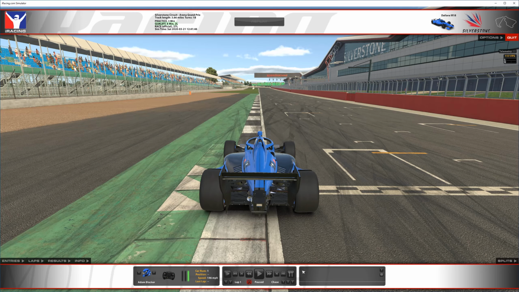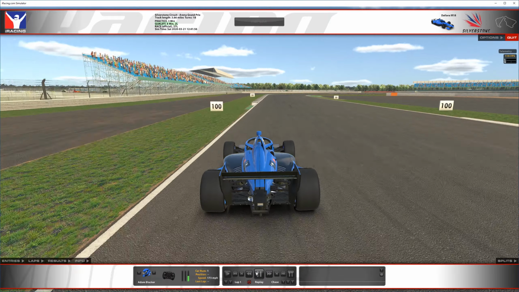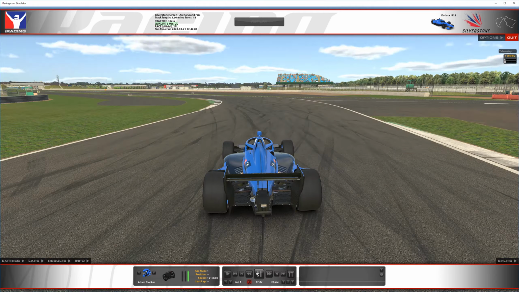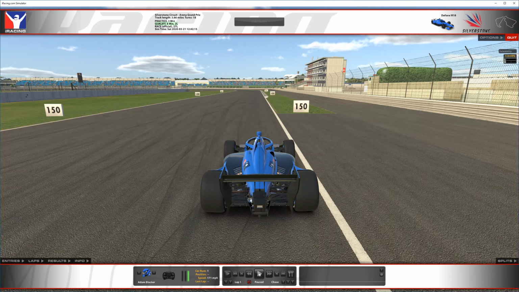So, in my opinion, the first step of feedback, let me go to a representative corner, is breaking down a corner into phases and giving feedback on each phase. So I'll just go through and name what I consider the phases. You can obviously divide it up differently, but so